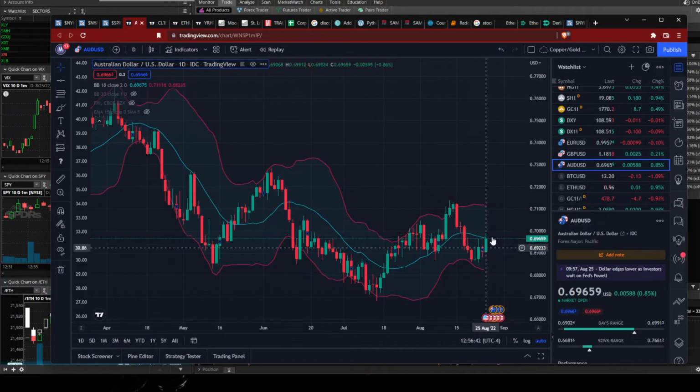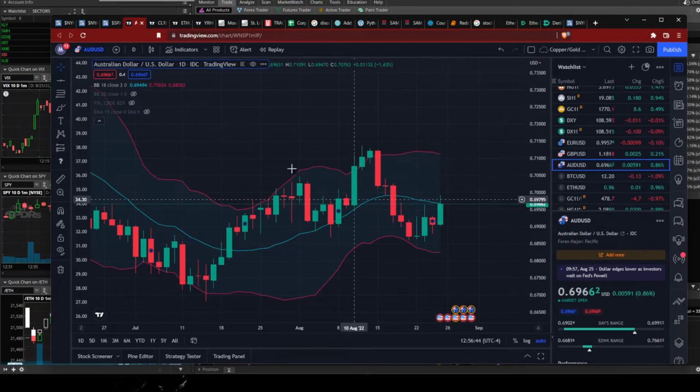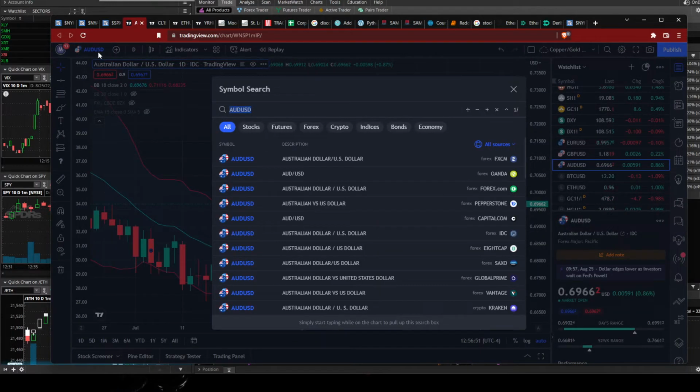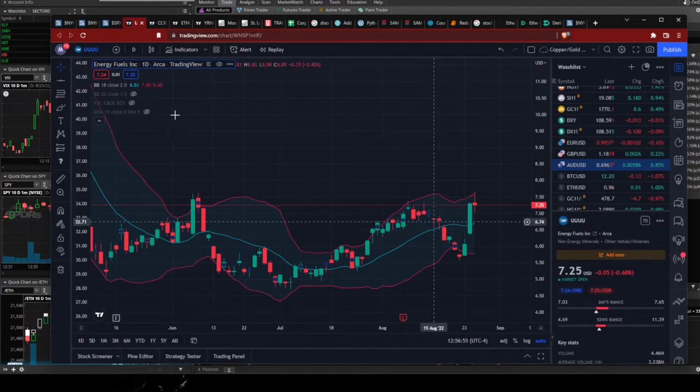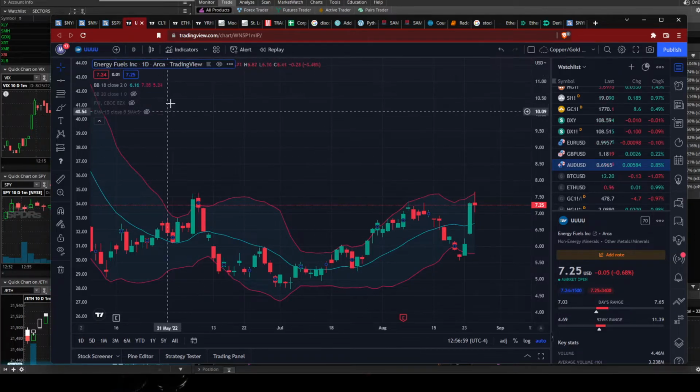All right. Australian dollar. This is going to be an indicator for metals and for China. I'm going to keep looking at this for our entry in UUUU. So that's part of the plan. Uranium. I'm still very bullish on uranium. I want to get in on UUUU, which is Energy Fuels. They are the owner of the only uranium mill here in the United States. I believe it's in Utah. So in the 6s and high 5s, I want to be buying shares of this. Okay, that's part of the plan.